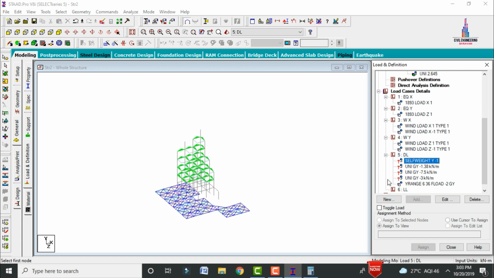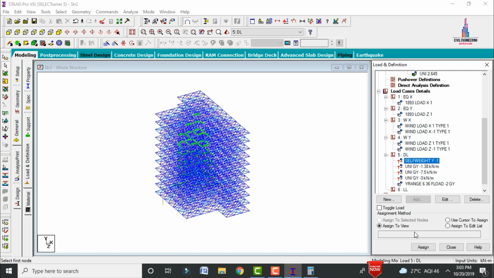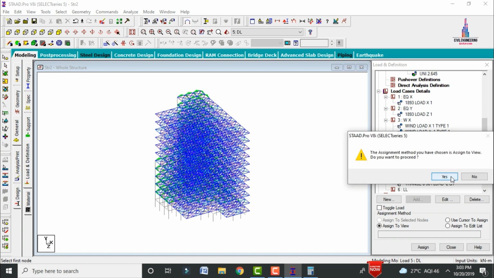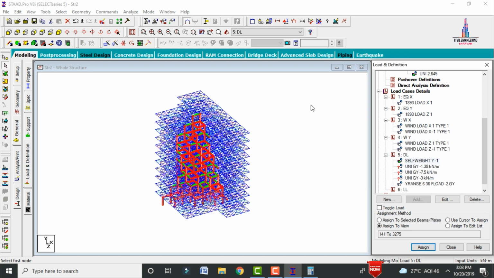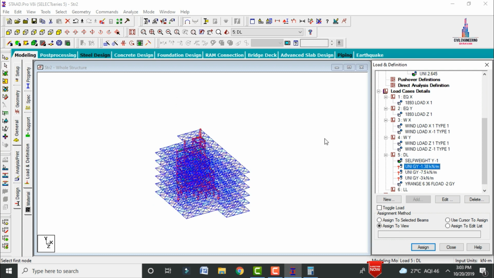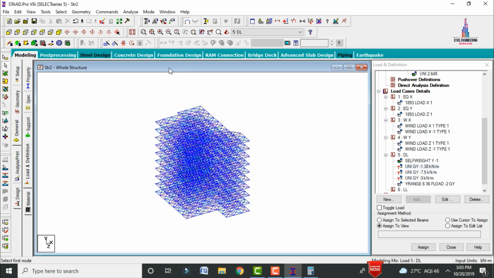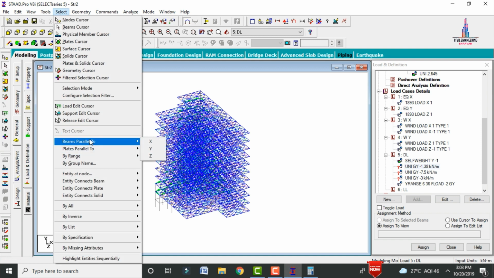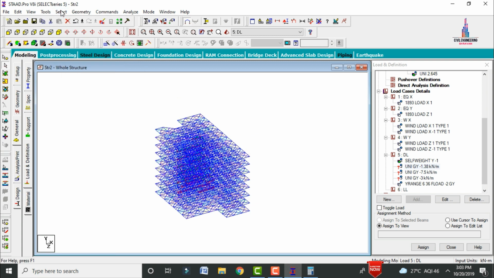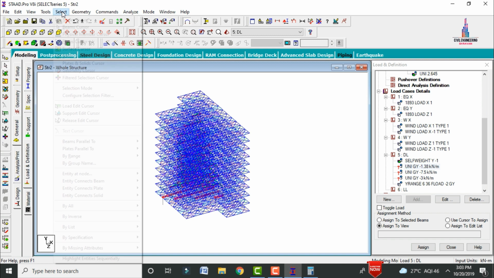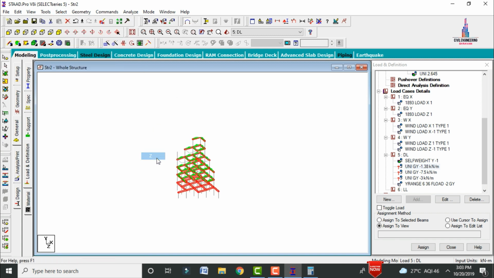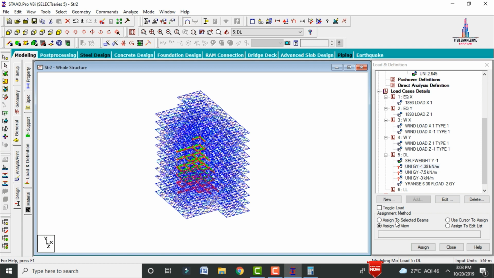So after adding these respective load cases, we have to assign the self-weight initially. Go to assign to view option, assign yes option. So after applying the self-weight condition system, we need to apply the external wall load. So for that firstly we have to select the external wall load which is related to the 13.8. So we have to select the beams which are parallel to X condition system as well as the respective Y direction system. So for that go to select option here. Go to select beams parallel to X direction. Again in the same process we have to select the beams which are parallel to Z direction. Again here I am selecting parallel to Z direction. Click on assign to selected beams option here. Let us consider assign option here.